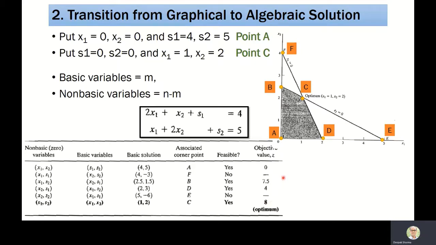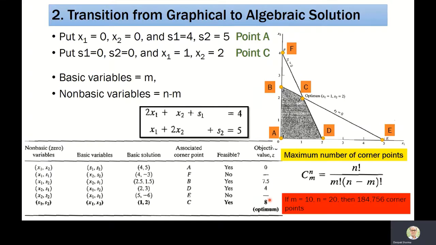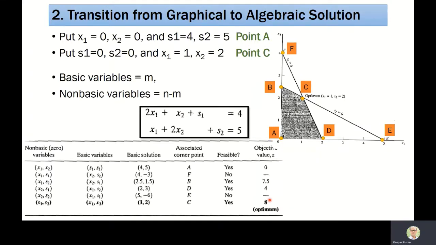So what we did here is different combinations of basic and non-basic variables. We tried to find out all corner points. So all the corner points given in this figure, we got all of them. And among them, when I am comparing, I get to know that solution C is the optimum for the given maximization problem. So in this particular way, when I am moving from one corner point to another corner point, I calculate the objective function and then finally find the optimum solution.